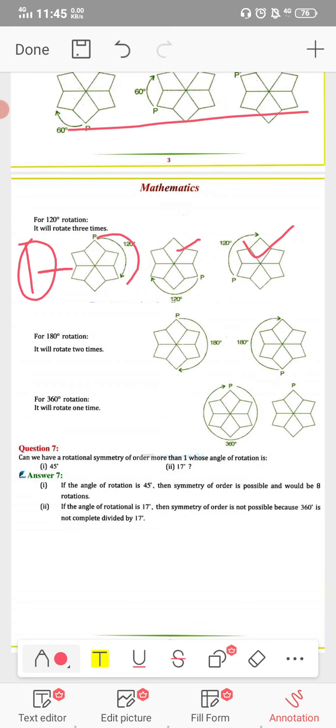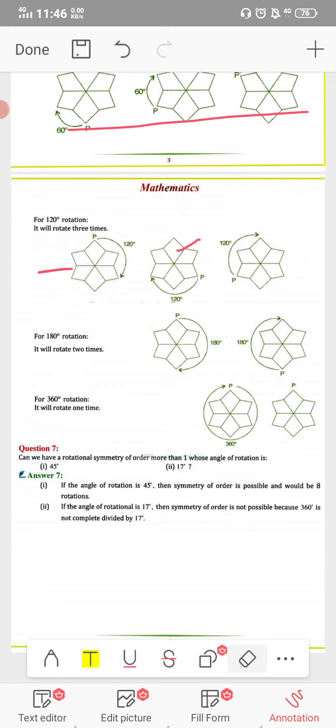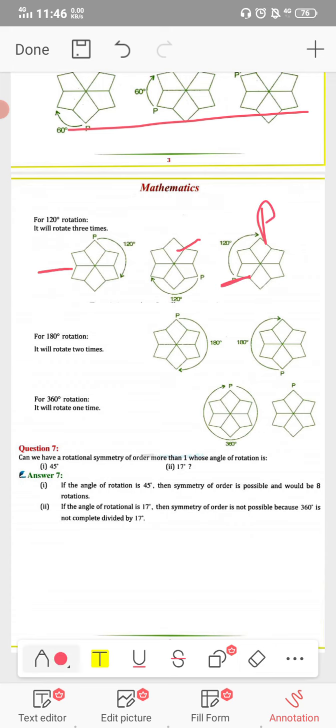So order of symmetry हम कैसे निकालते हैं? When we get the same image as it is in the earlier of the rotation. रोटेशन शुरू होने से पहले जैसी हमें इमेज होती है, रोटेशन 360 डिग्री के रोटेशन के बाद भी अगर हमें वैसी ही इमेज मिलती है, क्योंकि देखिए अगर हम इसको 3 टाइम्स मूव करते हैं तो अगेन देखिए डायग्राम के अकॉर्डिंग आपको पी पॉइंट यहाँ पर मिलेगा आफ्टर दैट रोटेशन। तो देखिए 120 120 120 विल गिव यू 360, है ना।